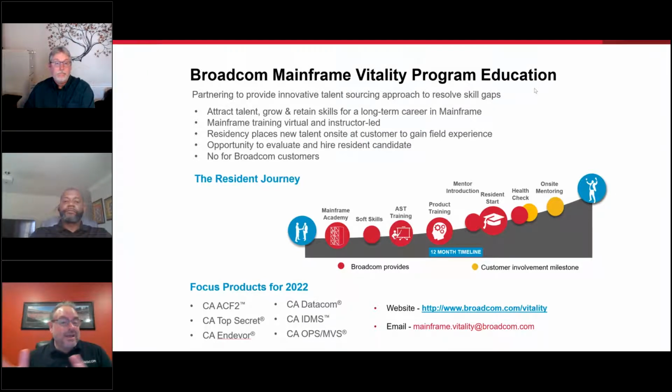In that class, you get ISPF, TSO, as I mentioned before, JCL and REXX, a little bit of COBOL, a little bit of assembler, and you get a lot of that within that 6 week period. Now, once that class is over, you do have an opportunity to get 2 other classes as well. One is we call our